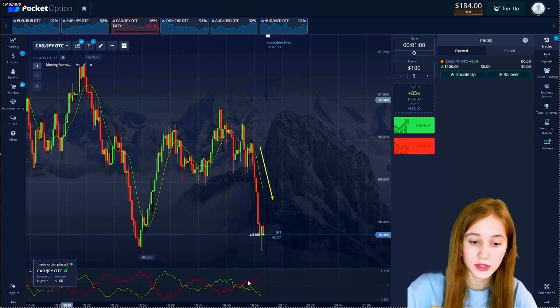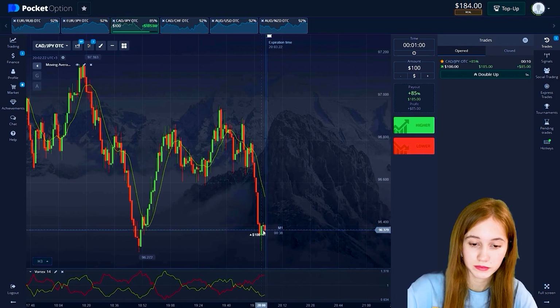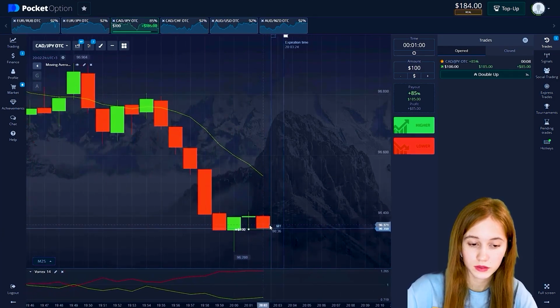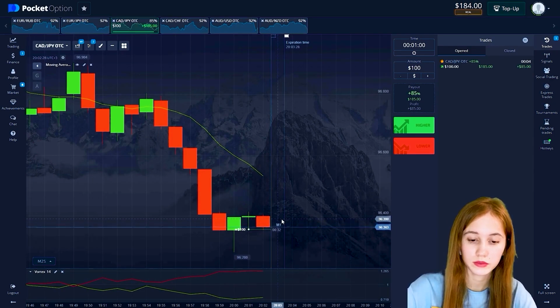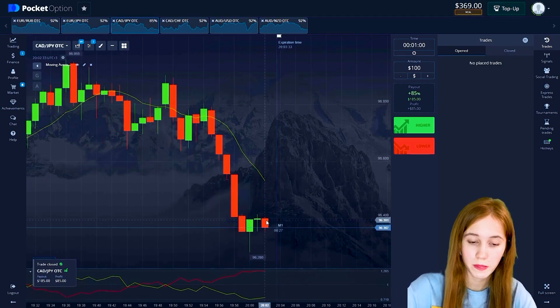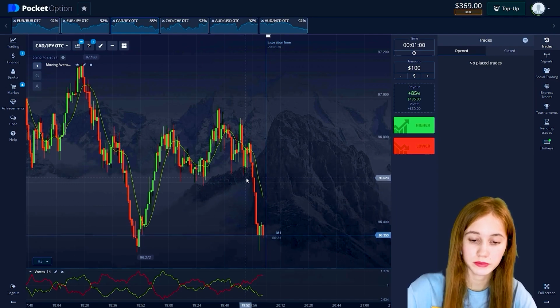By Quotex, the same situation. Red line prevails over the green. We are currently above our opening points. 13 seconds left. 4 seconds left. And yeah, $85 is our profit. Our balance is